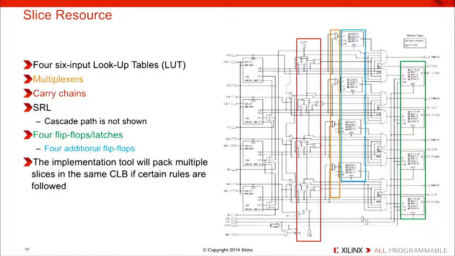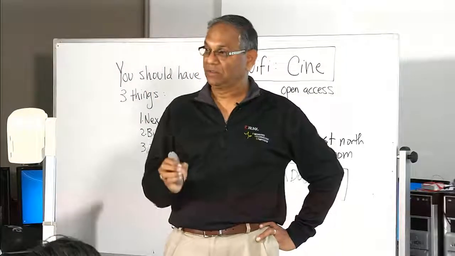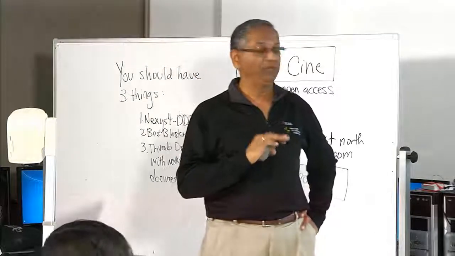They are called F7 and F8. The reason it's F7 is because you are connecting 2 6-input lookup table outputs to make a 7-input equivalent, right? And then you connect the next level, 2 F7s, into F8, right? That's why they are called F7 and F8. And then you have the 4 flip flops here, and then you have 4 additional flip flops or latches. So within the slice you can have up to 4 lookup tables and 8 flip flops, or 4 flip flops and 4